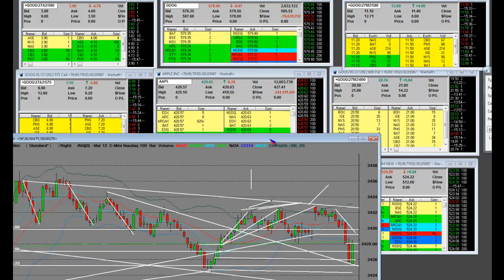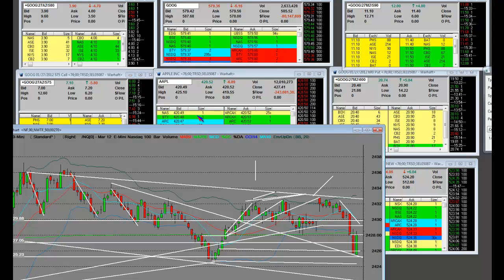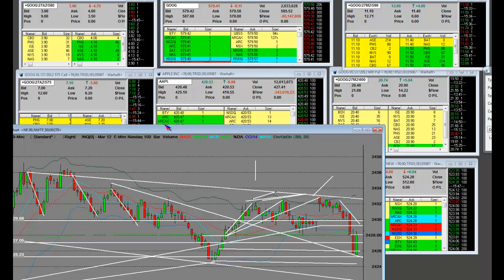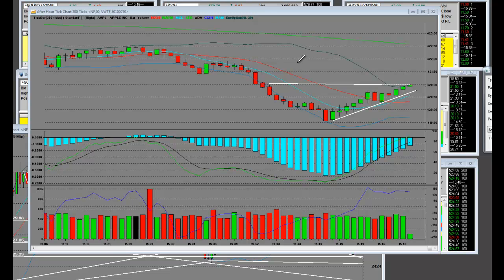What we're going to do is I'm going to tell the MMTs in the next few minutes the limit orders below the market. There will be an after hours video. There will be an after hours market tick chart. We're going to be featuring Apple Inc. and showing this after hours tick chart that we already have prepared. Not only that, MMTs will know momentarily what those bids are going to be and how we're going to try to buy the options after the earnings report because they want to remove their dollar risk.